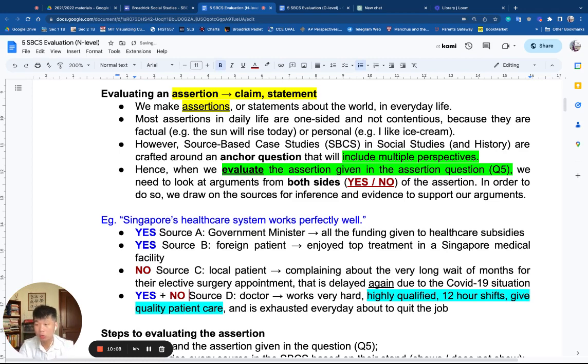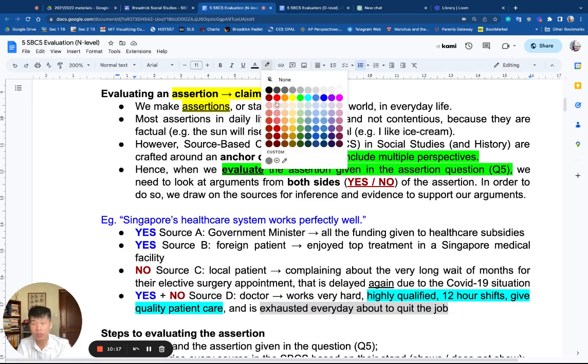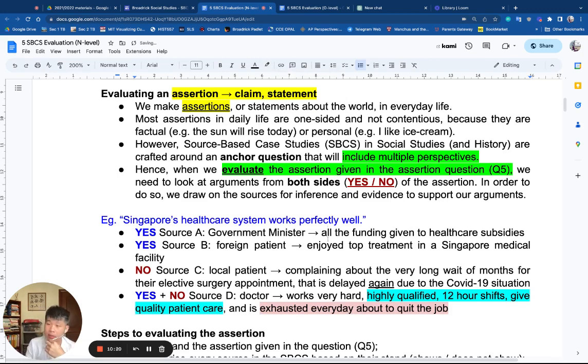The answer is also no. This is a two-sided source, and it's also no because the healthcare system has overworked its employees to the point where its employees are gonna leave the system. So the healthcare system is not treating its employees the right way. And that is the part where it's not working well. So again, pause this video, take a think about how we have analyzed these sources. And from this hypothetical example, actually, I've already accomplished